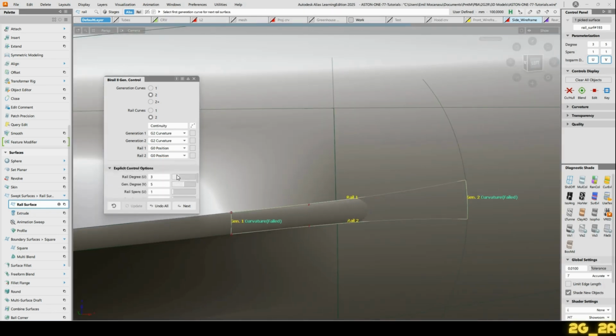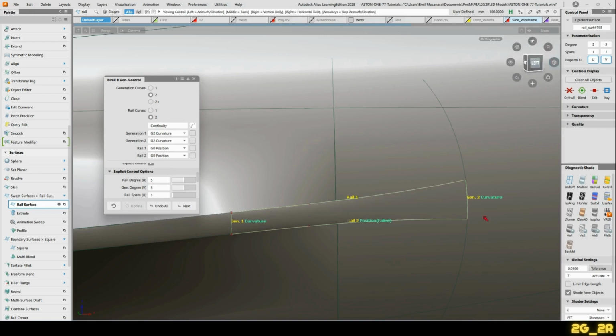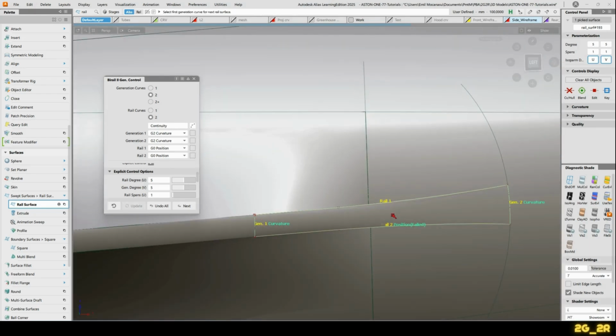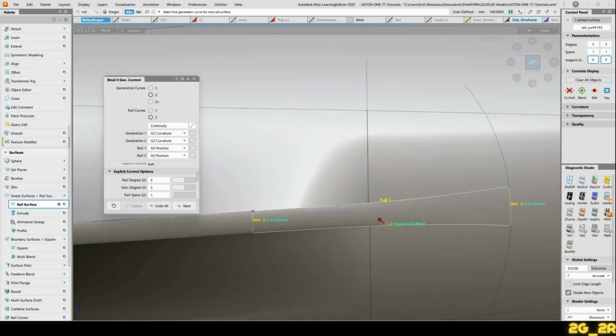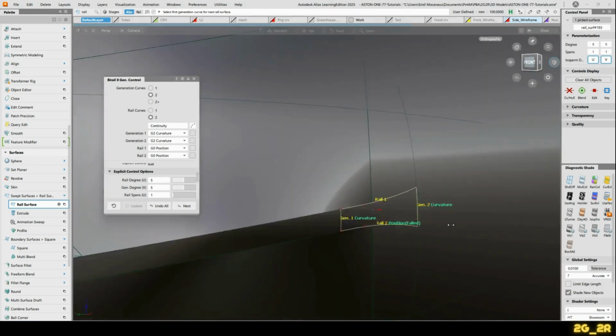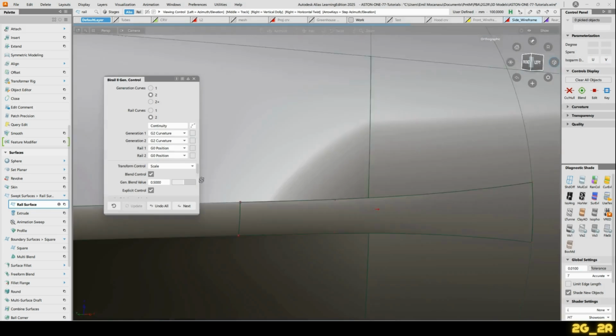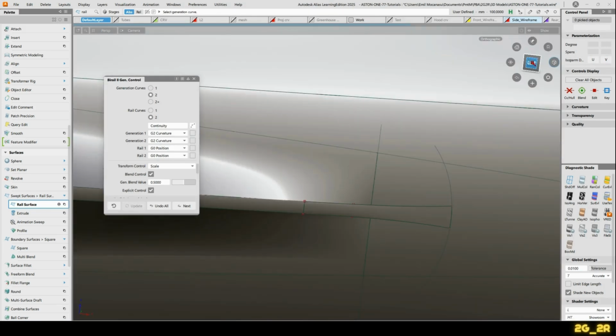And we can go into the explicit control and turn the rail degree up to 5. We'll see the surface jumping out because it's keeping, let's say, the line, the design of that line, but it's not keeping the position, so it's moved out a little bit, which is fine because now what I want to do is